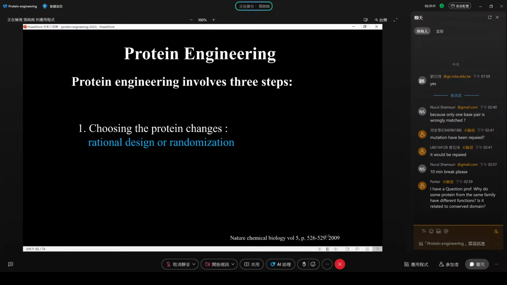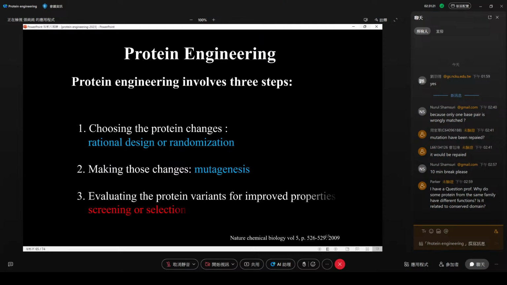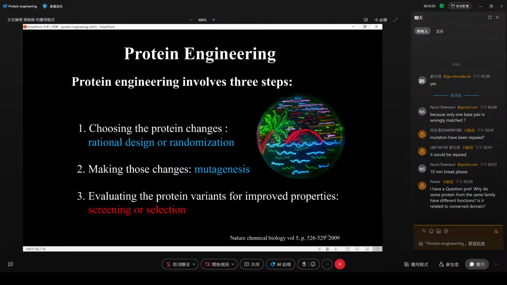You don't know which residue is good or is active, so you will do randomized. The other one, you have to make a decision what kind of mutagenesis method you want to use. Error-prone PCR, DNA shuffling, anything you can think about. How you are going to evaluate these protein variants with the improved property. You want to screen or you want to do selection. Just like this